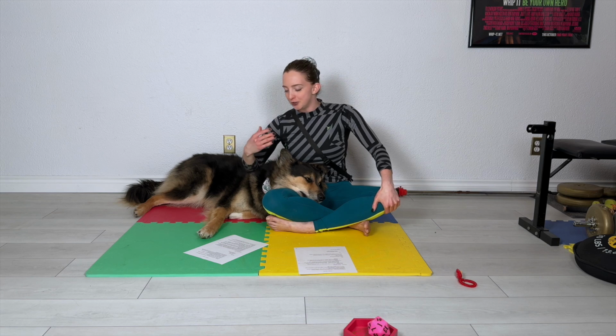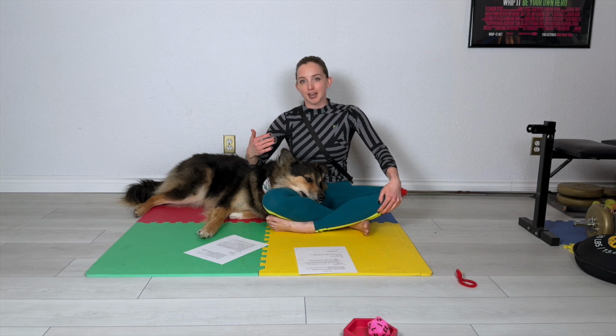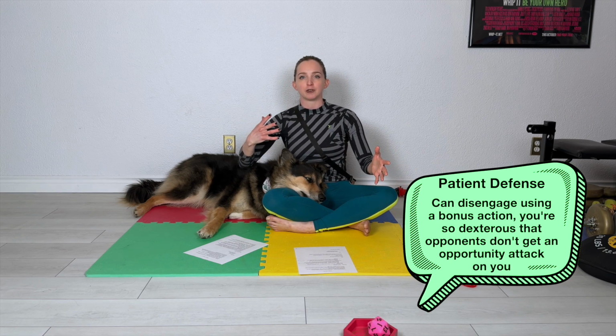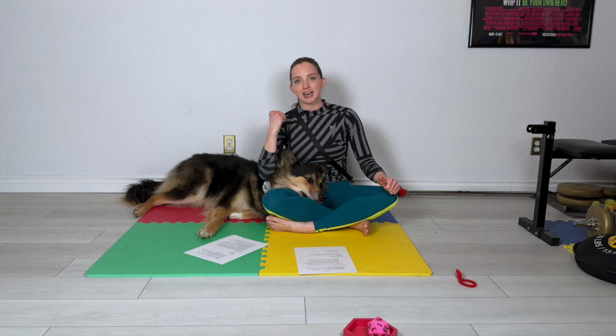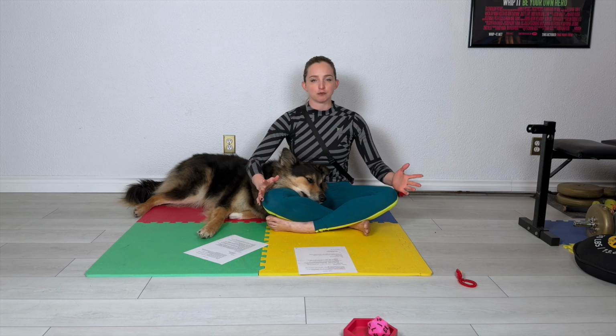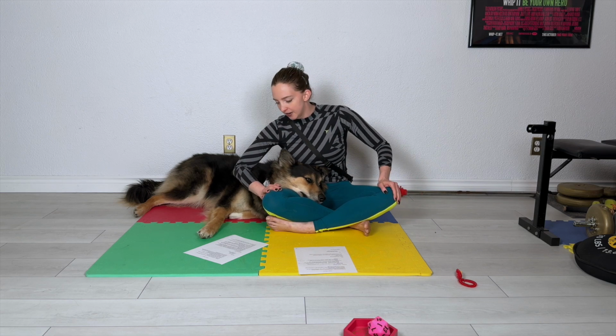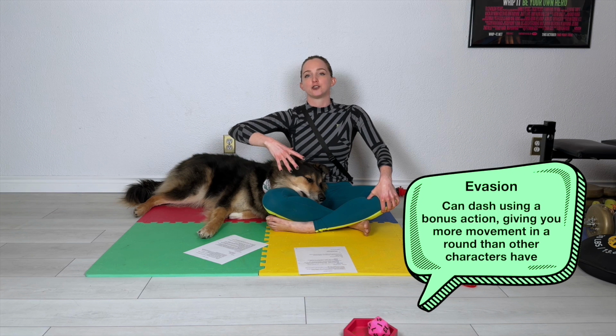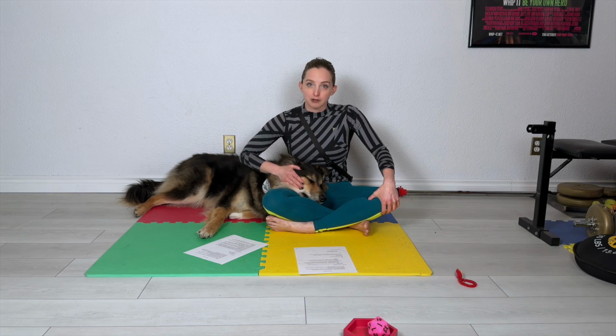They're very good. You can use a bonus action to disengage, so basically running away from your enemy without them getting an opportunity attack on you. You can just skedaddle out of there. Again, this idea that you can dodge, that you're so dexterous that you can move and they can't predict your movements enough to hit you if you're trying to run away. And with Step of the Wind, you can take a bonus action to dash, so you have increased acceleration compared to non-monks or lower level monks.